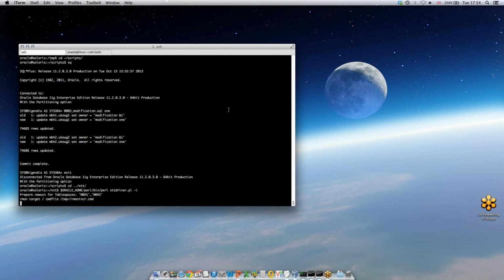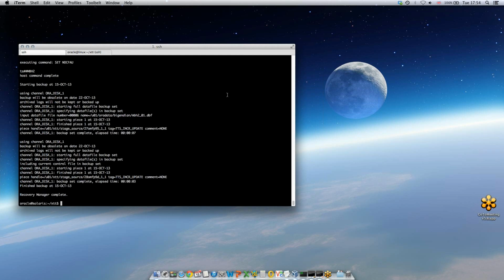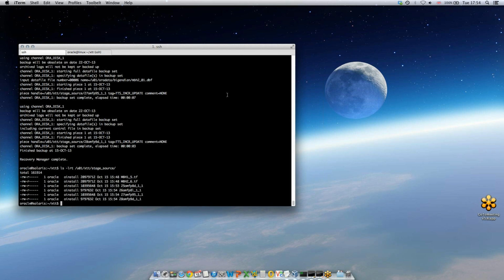It'll not show the output until the command has completed. The incremental backups will be saved in U01 XTT stage source once that's completed. And it takes a little bit of time. Okay, it's done it. Now, if I look into that directory, you will see my 2 data files plus the